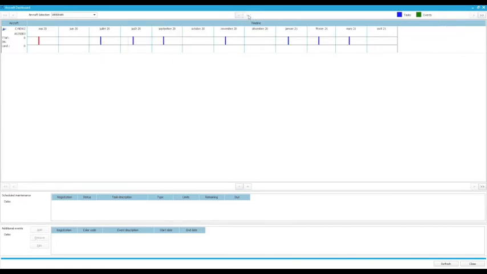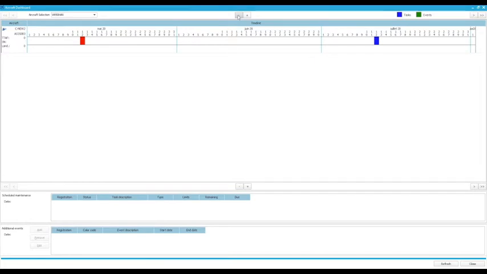The dashboard allows you to look at one year in the future. If I zoom in, you can see that I have the dates here month by month. Here I have a red flag.